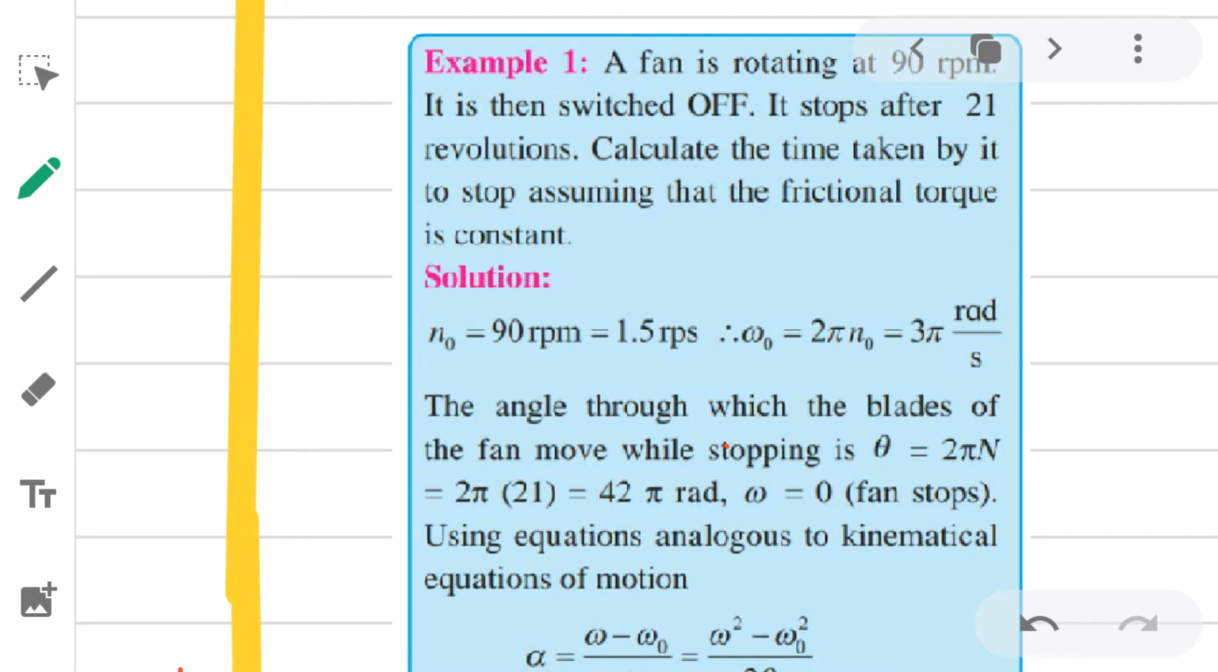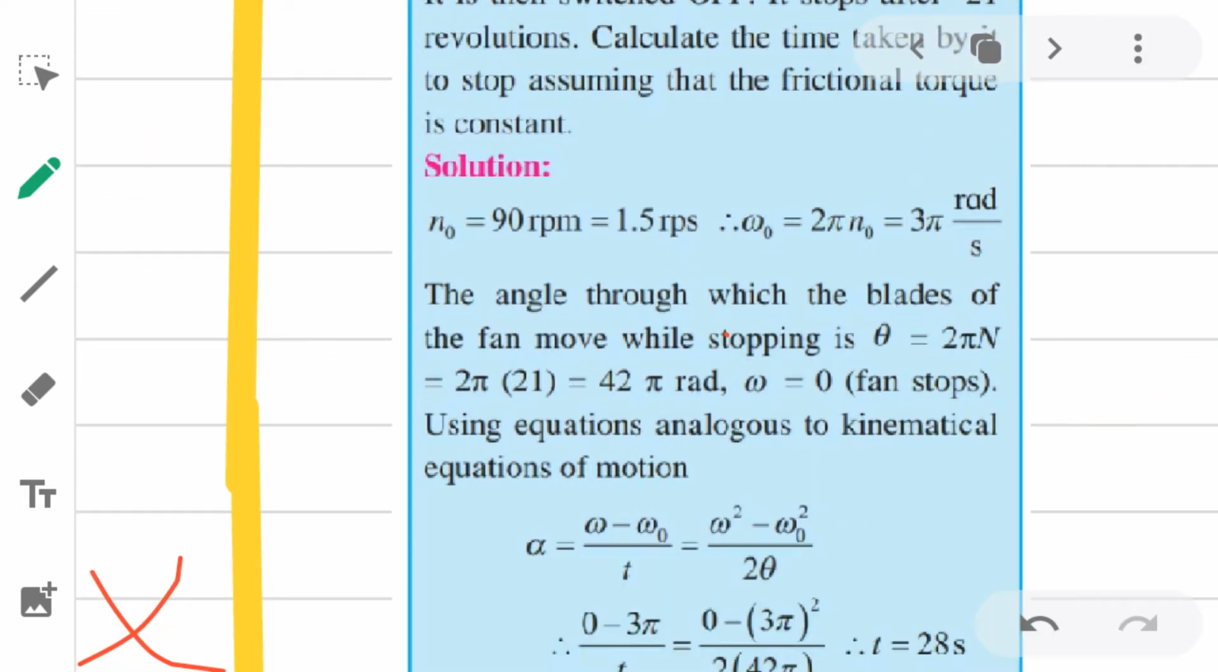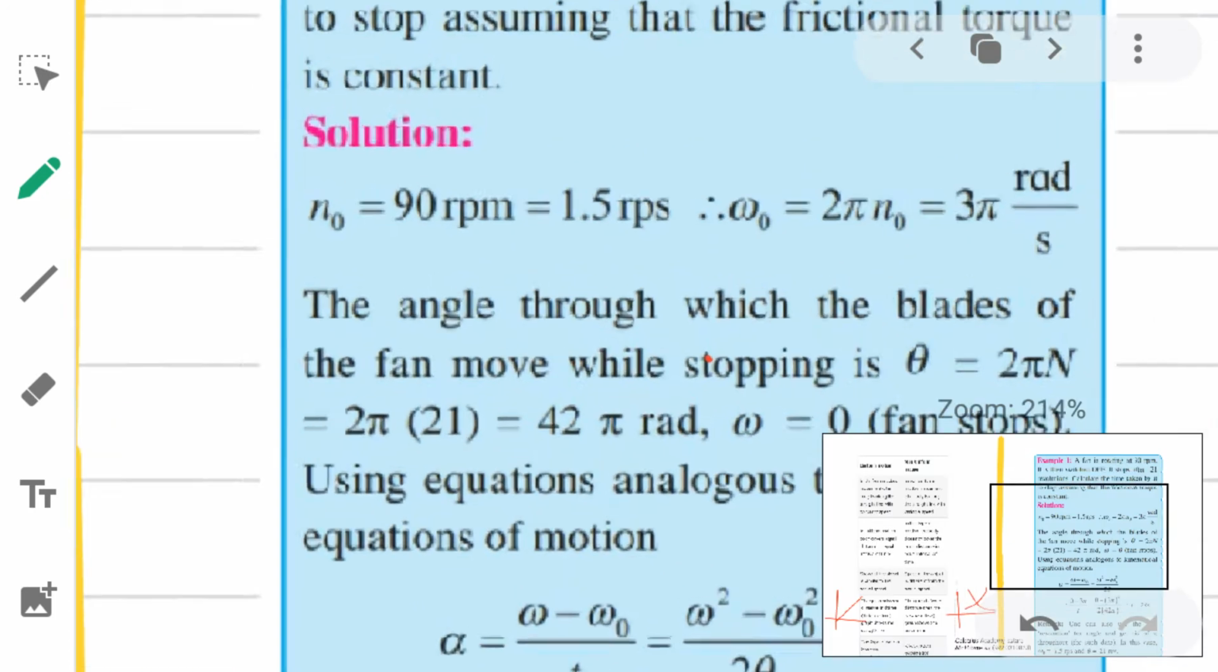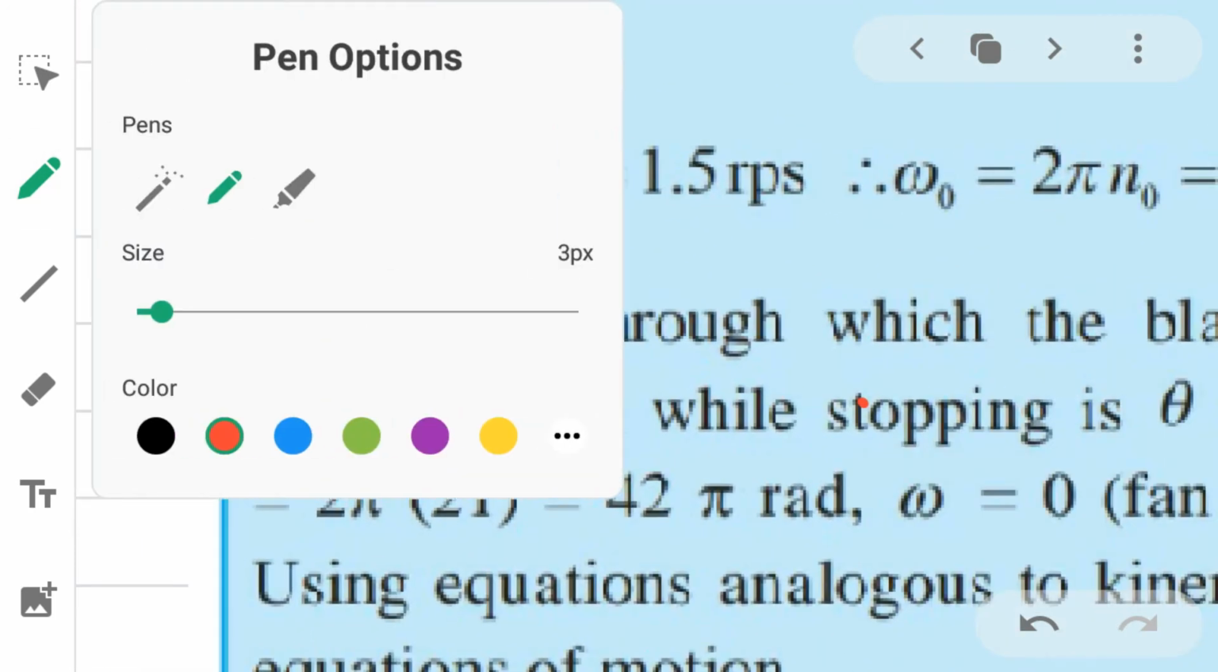Fan बंद केल्यानंतर लगेच नाही थांबत. It stops after 21 rotations. Calculate the time taken by it to stop, assuming the frictional torque is a constant. N0 is equal to 90 rotations per minute. Frequency त्याची 1.5 rotation per second, divided by 60 केला, rotation per minute divided by 60 केलं, we get